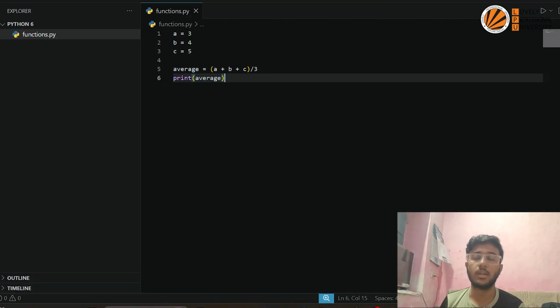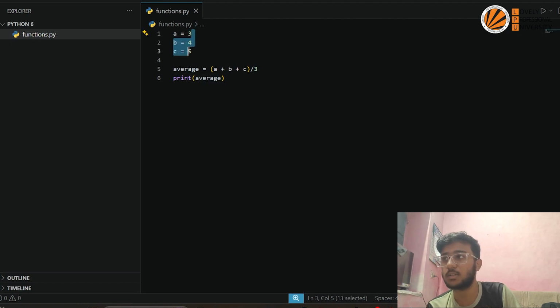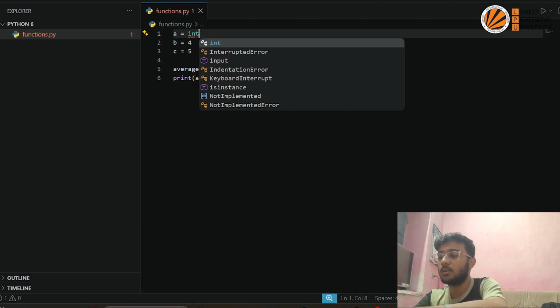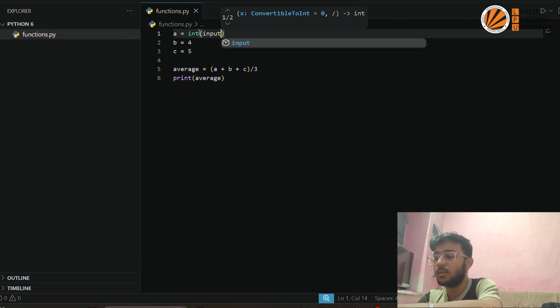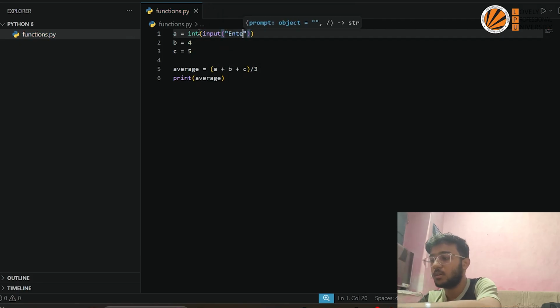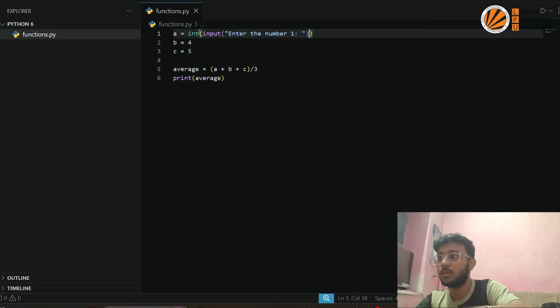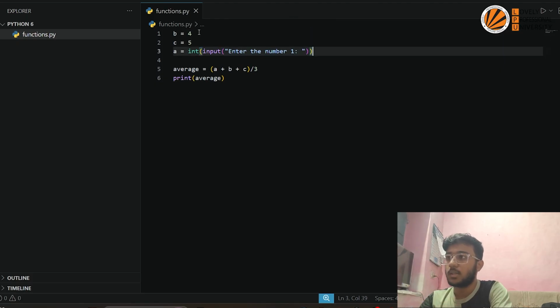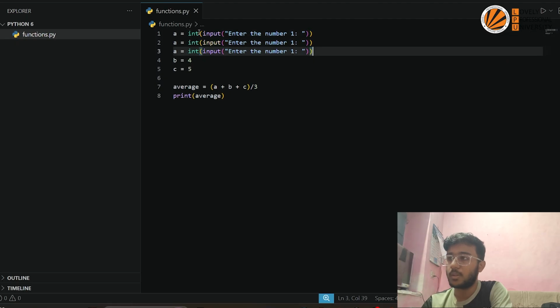Now if I am giving the numbers again and again, and doing the same program again and again, repeating it, that makes my program repeatable, and I'll show you how and when your programs become repeatable. So let us write here int input, enter the number 1. Now just like that, if I copy this here and here,